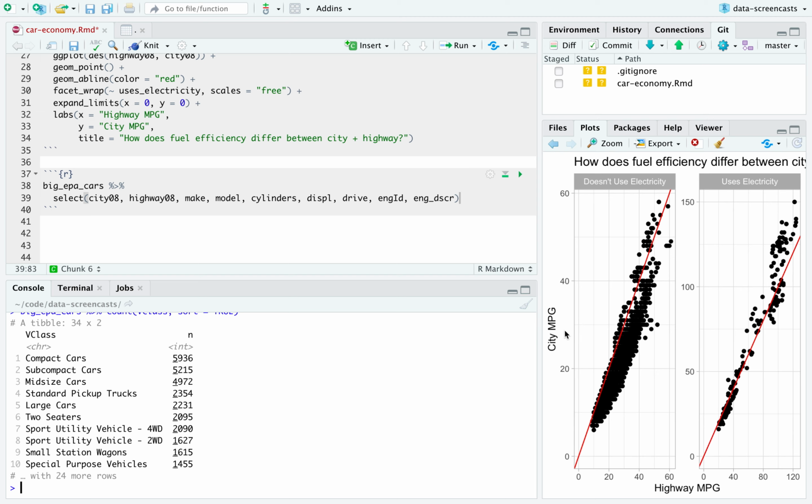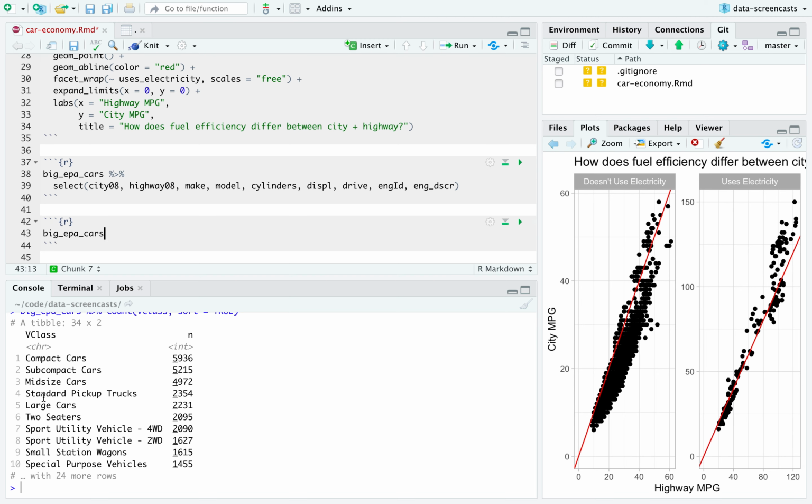You know what? I live in the city. I'm just going to use city MPG because it's my screencast. And I'm going to say, I want to find out how these vehicle classes differ in terms of their fuel efficiency. So I'm going to say V class by city 08,